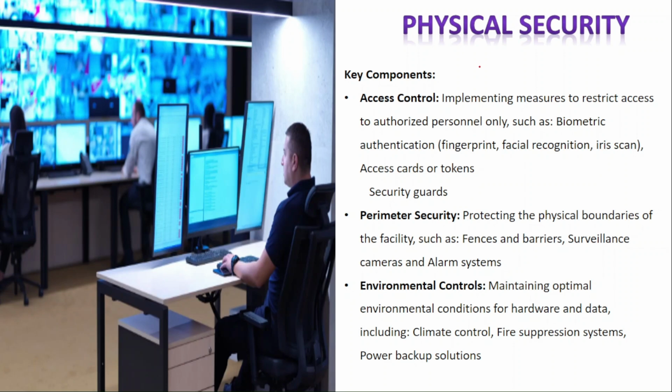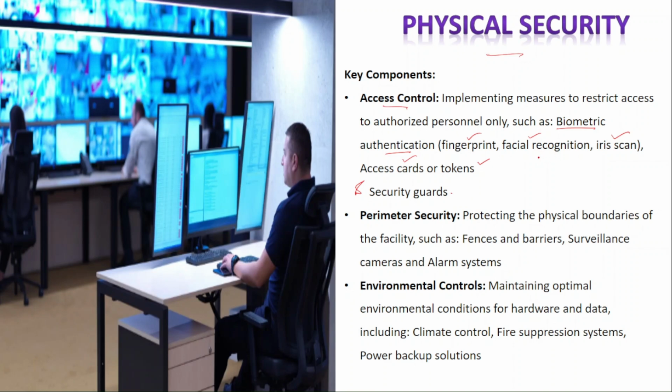So a few of the key components of physical security are: number one is access control. So implementing measures to restrict access to authorized personnel only through biometric authentication. Biometric authentication includes fingerprint, facial recognition, and iris scan, access cards, tokens, and security guards. So all these measures can be employed to prevent someone from entering or accessing the physical facility or your physical assets, such as hard drives,